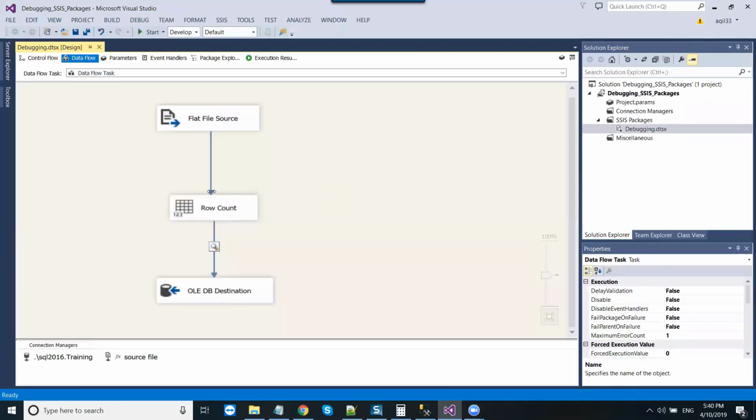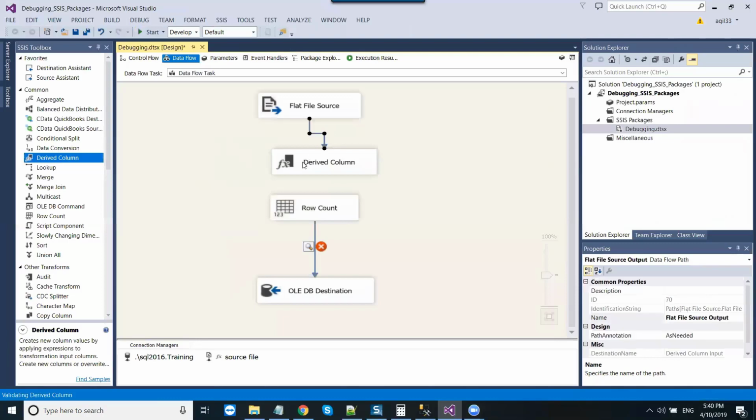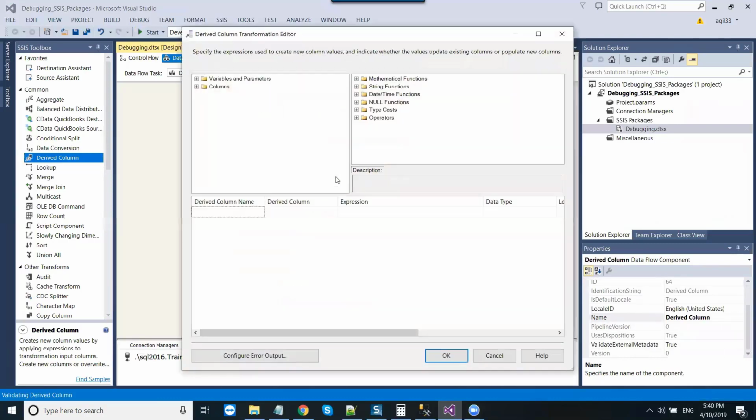when you are modifying data in between. For example, if I'm generating a full name by concatenating first name and last name, and before loading the data to a SQL Server table or some different destination, I just want to look at the data, then I can use a data viewer in that case. So let me show you.